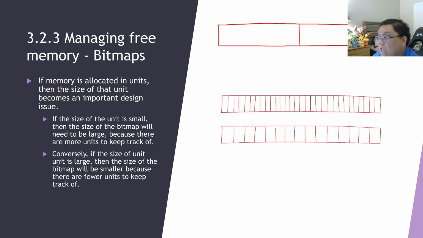And we have memory units that are each 4 kilobytes in size. If we have process A that is 5 kilobytes in size, that means because we are allocating space in 4 kilobyte blocks, process A is gonna take up 2 units of memory,